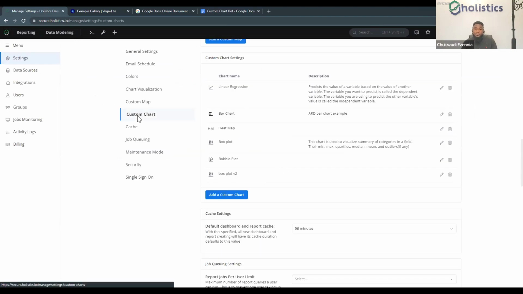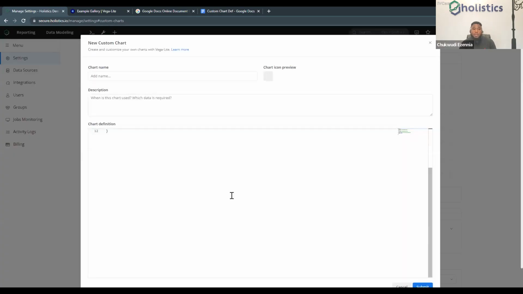All right, so if we're going to enable custom charts, all we need to do here is build a new chart. So we go to add a custom chart, and we're provided with an interface to define this. The good thing here is that we've made this a bit intuitive: when you're defining the chart name, we're able to search quickly. So let's say I define a box plot.